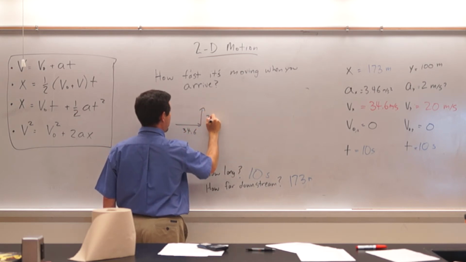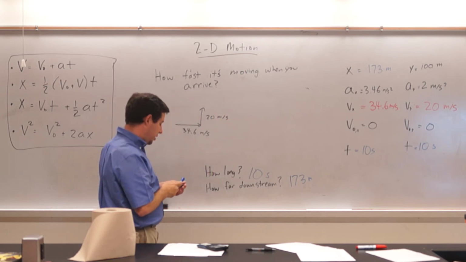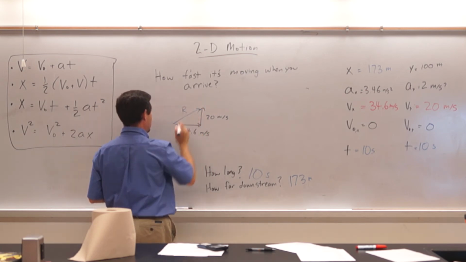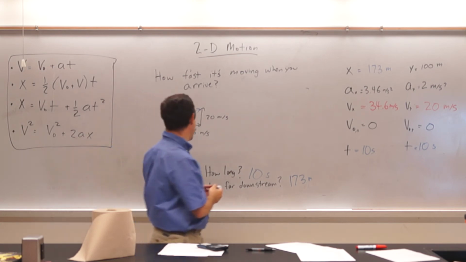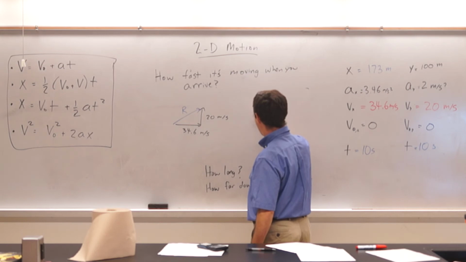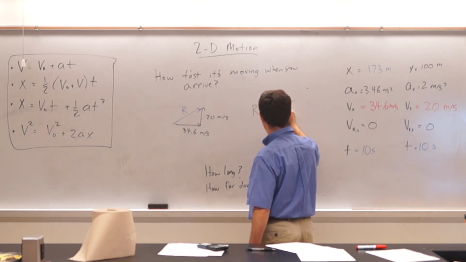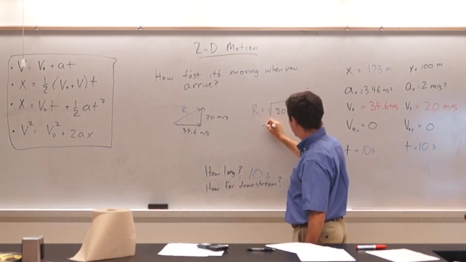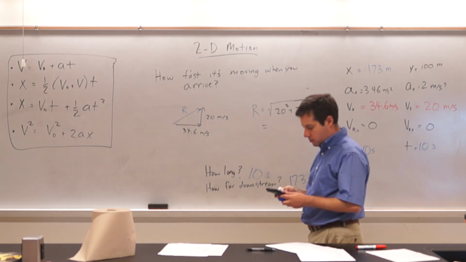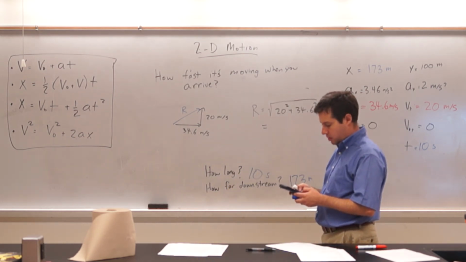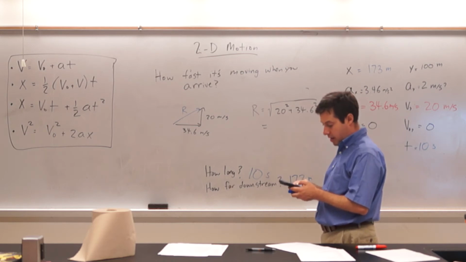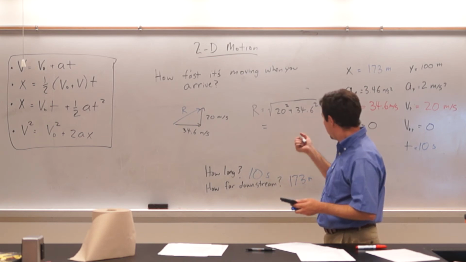You know V sub y is 20 meters per second. So at this point, you are just reconstructing or finding the resultant vector here. Using the Pythagorean theorem, you can say r is equal to the square root of 20 squared plus 34.6 squared. I'm going to do that in my calculator right now. 34.6 squared. And I find that it is going at about